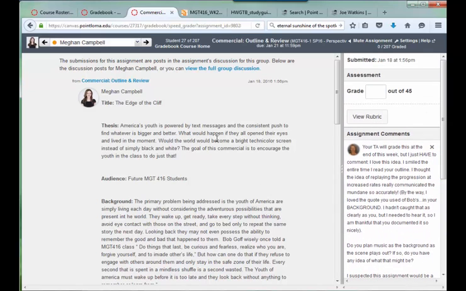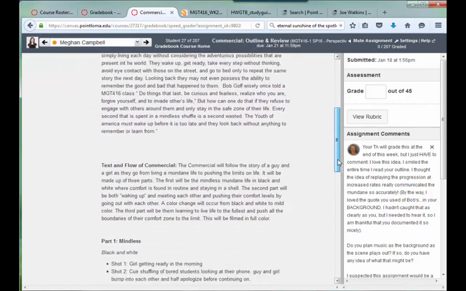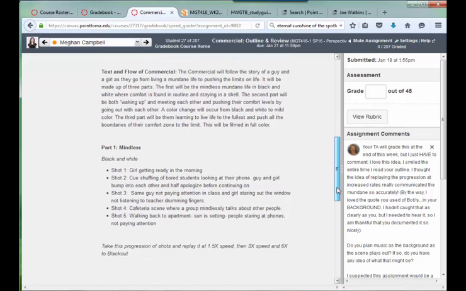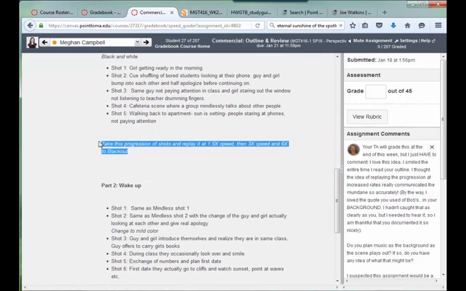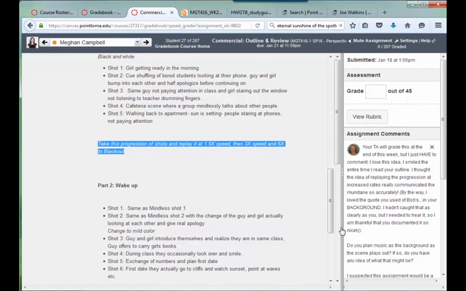But she didn't attach hers, which is no problem. She could put the text right there in the post. That's fine. She's got a great thesis and the background. Her descriptions are wonderful. I mean, really, these are clever, clever things. I just had a huge smile as I read through hers.